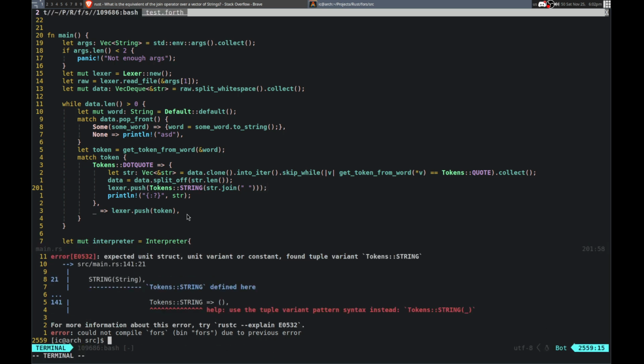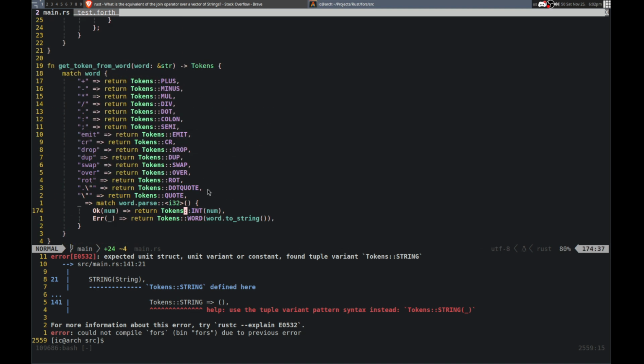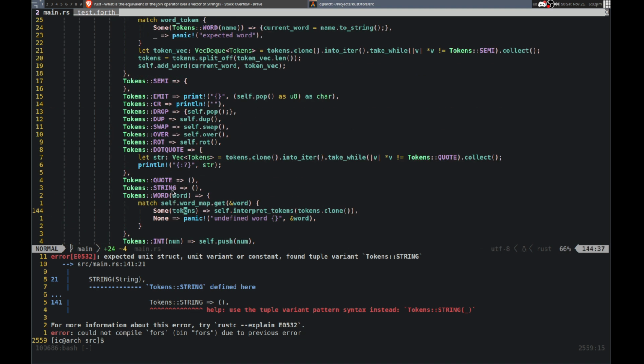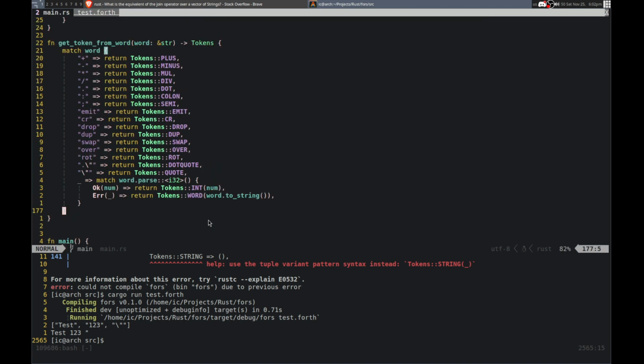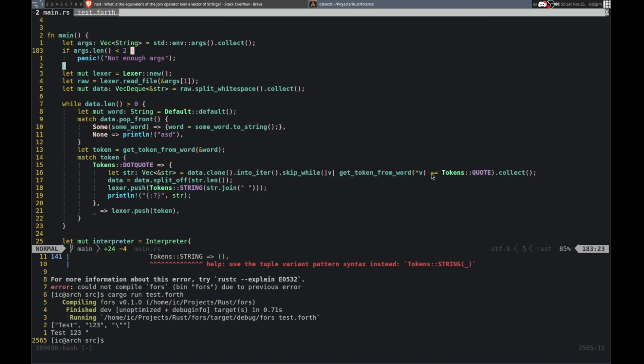And yeah, I said then I need to handle it up here. So string stir, and then I just want to line disturb. Alright, let's see. Test 1, 2, 3, and then we do get the closing one. So I need to just